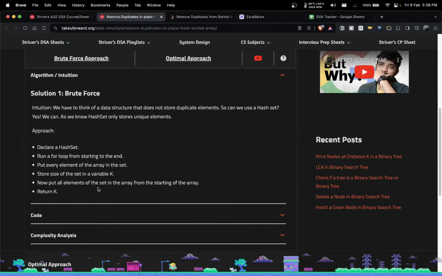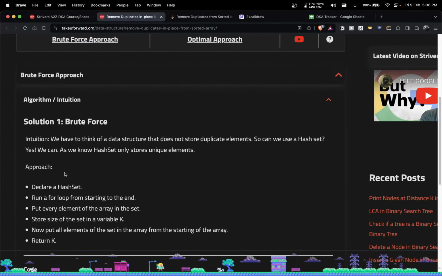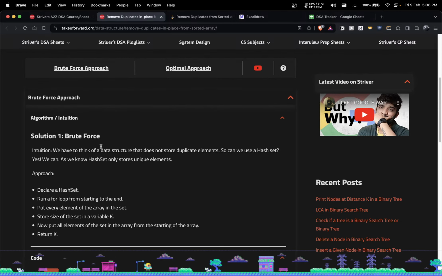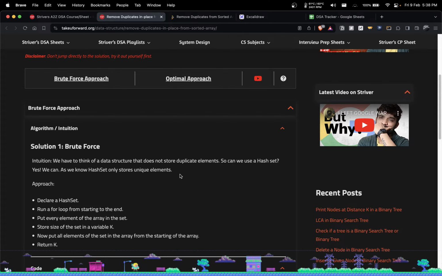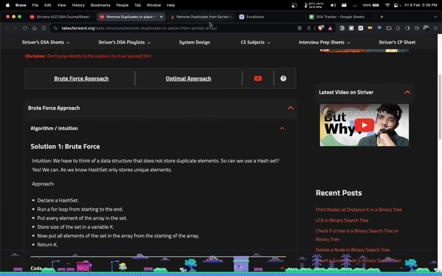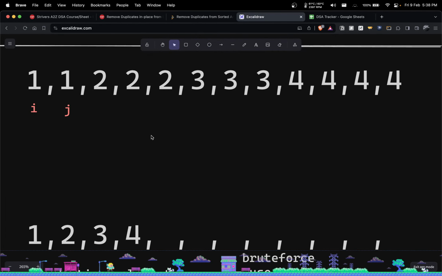So let's try the brute force approach. We have to think of a data structure that does not store duplicate elements, so we can use a hash set. If we try to use a hash set, so basically a hash